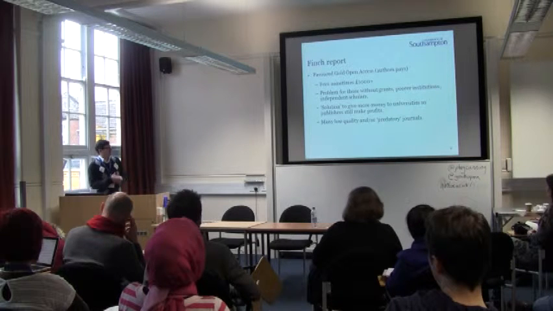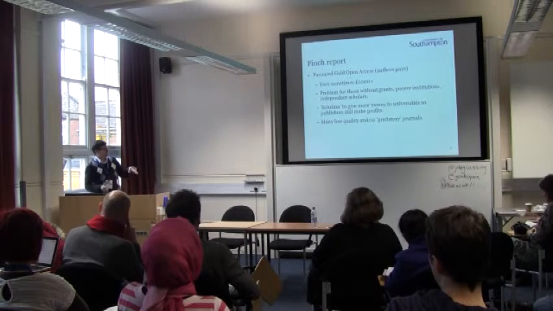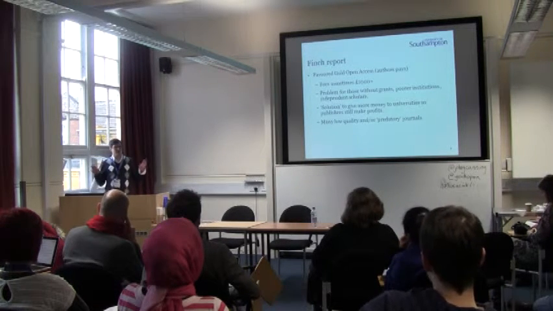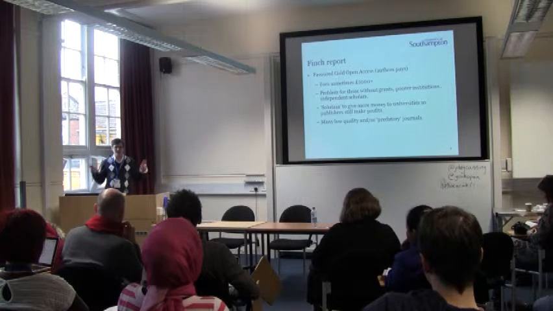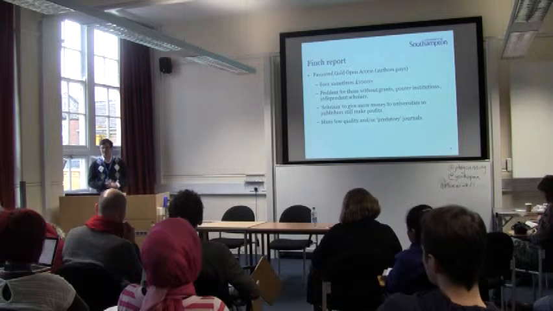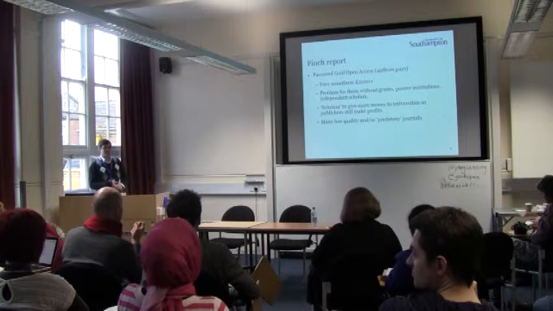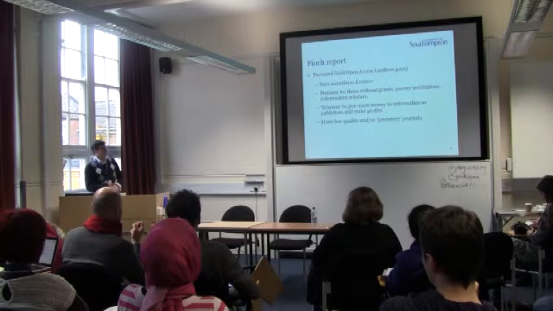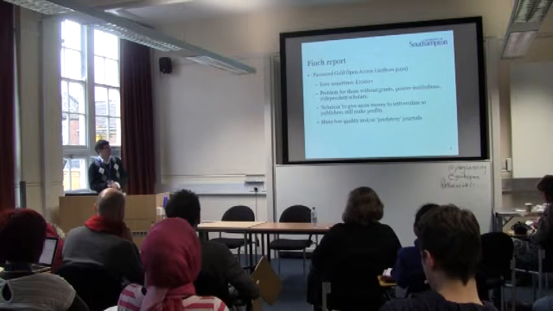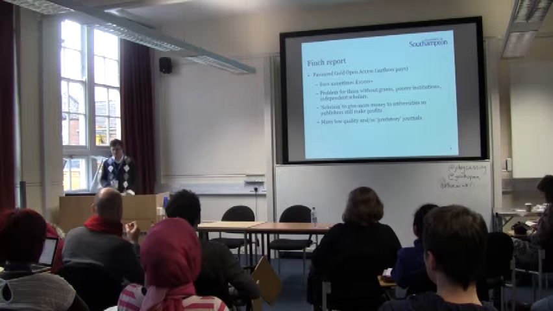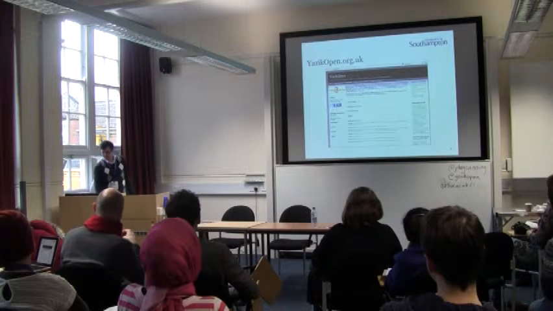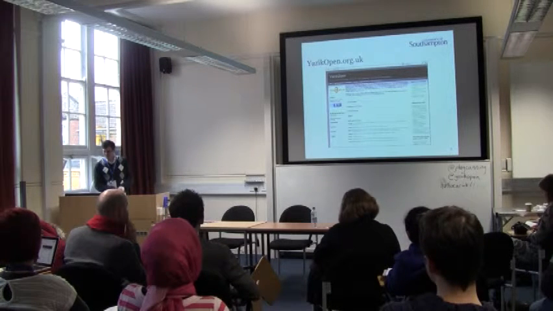That's another problem. Another is that people sometimes criticise open access for encouraging low quality and predatory journals, and some of these journals, which in inverted commas somebody's called predatory, actually charge quite a lot of money for you to publish with them, with no peer review. They just want your money and they'll stick it on some dreadful website, and there's an entire blog devoted to that process. So you have to be a bit careful if you're going to pay for publishing open access. So the solution I had was to set up this website,